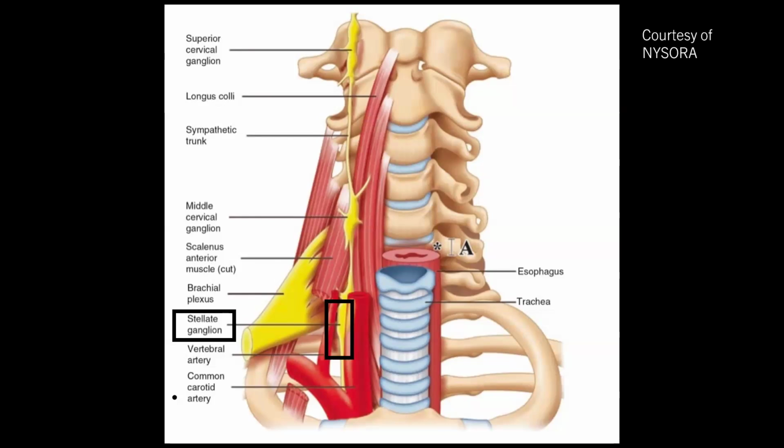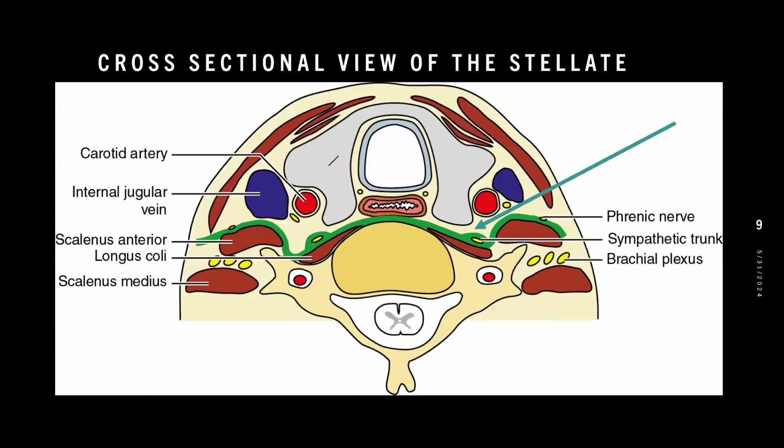So the stellate ganglion has blood vessels around it and also muscles, et cetera. And this is a cross-sectional view. So when I look with ultrasound through the skin at the structures, this is a cross-sectional view that I would get. It looks like a little slice of the body. So you'll notice that I put a big green arrow in there because that's the path if I do an injection to the stellate ganglion, the path the needle takes through the skin, through some muscle, avoiding blood vessels, going behind